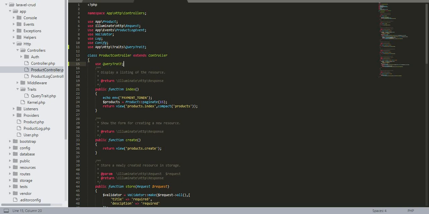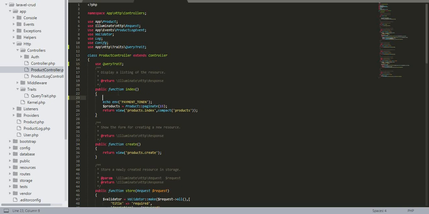How are we going to call this? As you know, we can use dd to print our data. Before that, I will show you how you can get the details. It will be product details, and then we just write $this and then our method name, and we pass an id so that we can get the details of our product.